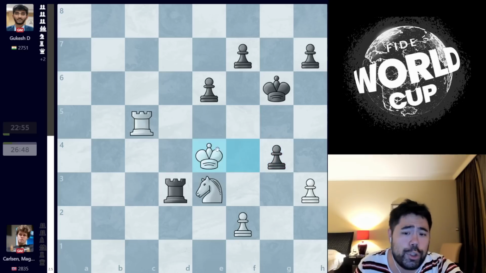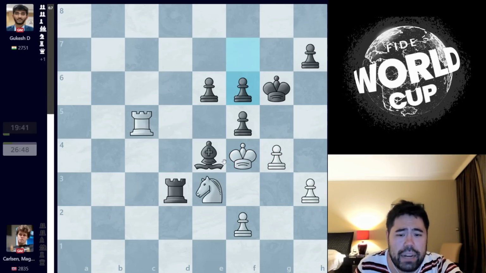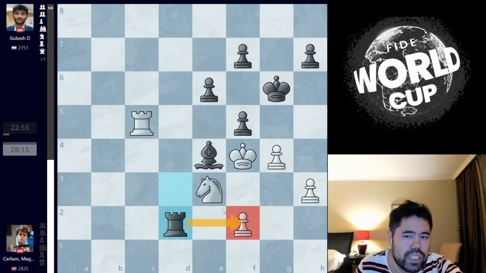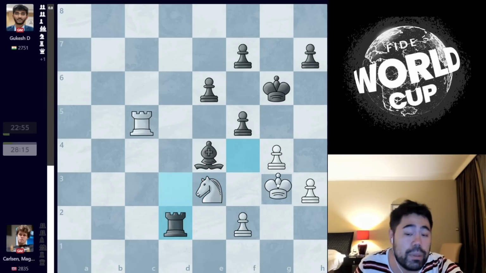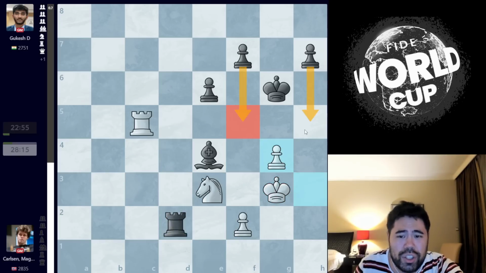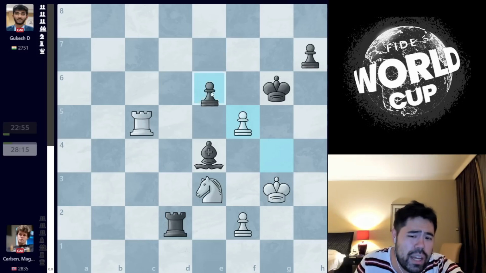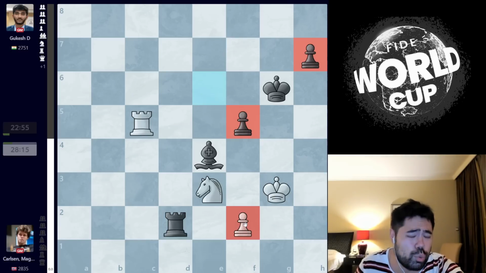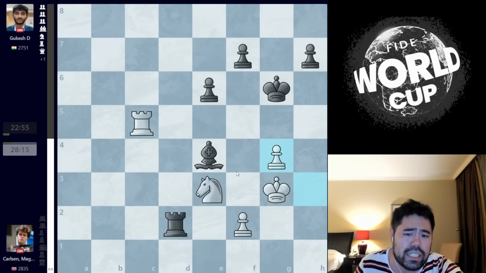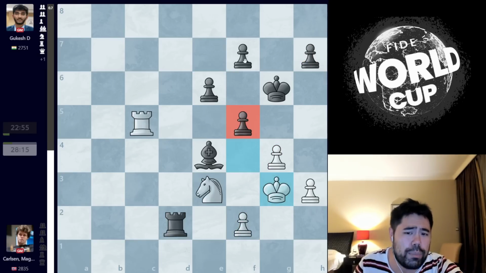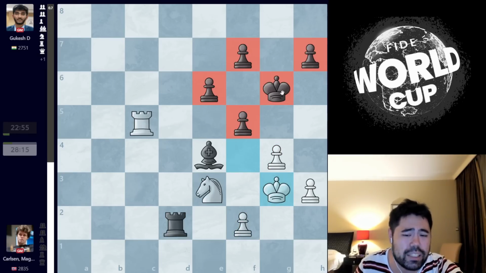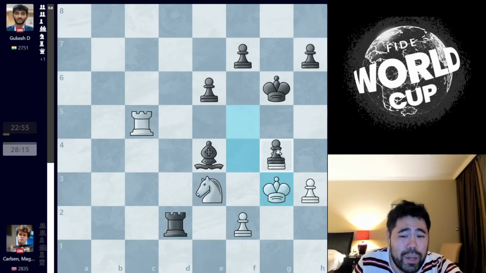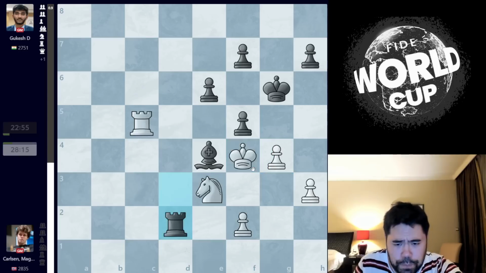If you take on g4, you hang the bishop on e4. And after you play a move like rook to d2, for example, there are many ways for white to save it, but king g3 is the simplest once again, because if you trade on g4, you're struggling to push the pawns. You can play f5, but now you only have 2 pawns versus 1, and again, this should be a draw. Essentially, the only way you can win here is if you can keep as many pawns on the board as possible, but you're struggling to keep them on the board, and after this, you'll have to play f5 because you can't go h5, and eventually this will be a draw as well.